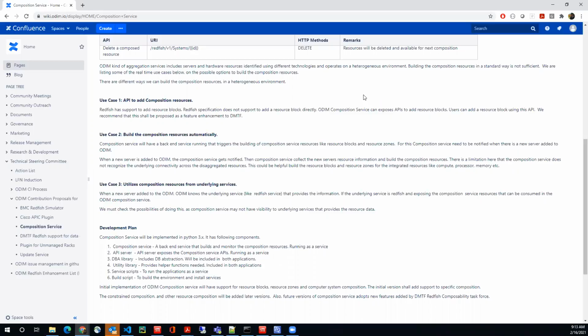But from our perspective, we now need to make a call, because I'm thinking about it. This use case 1 and use case 2, even if we went to the DMTF and got them to change resource blocks so that they can be essentially read-write, so you can add them from a northbound client, we could still implement use case 2 and have an automated way of adding them, and then you would have both options. Yes, and you don't even have to go to DMTF.